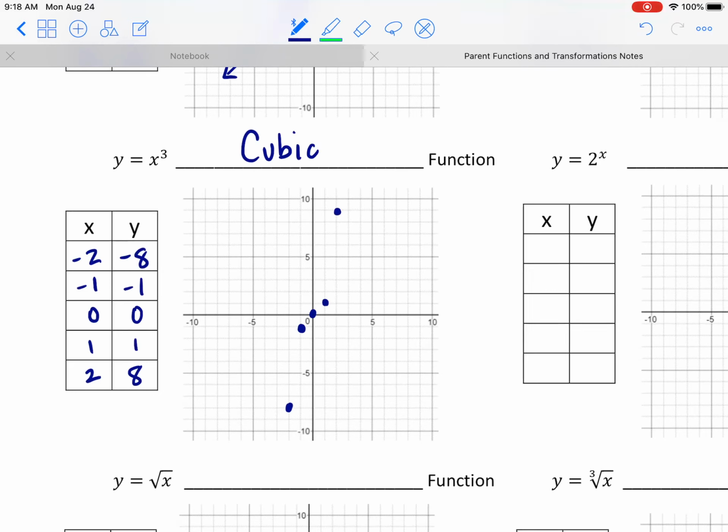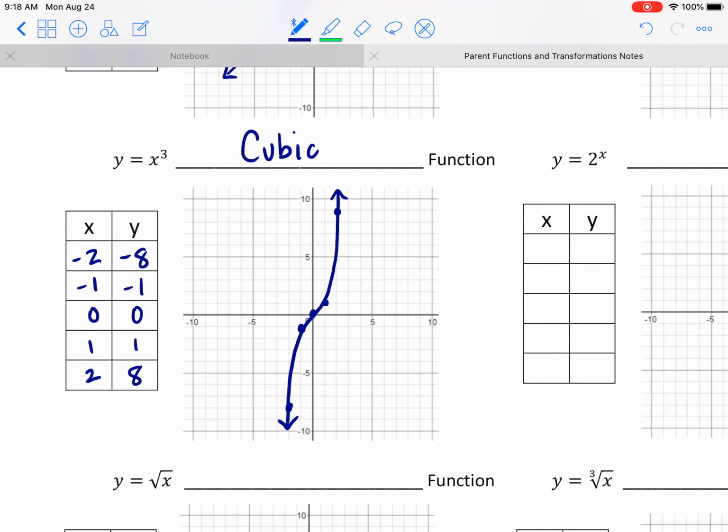And again, this could continue, but it's going to continue to increase really fast. So we want to make sure we put arrows here because this keeps going. But that sort of, I don't know how to describe this shape, but it's sort of S-ish shaped graph is what a cubic function is going to look like. Okay, every time you graph a cubic function, it's going to sort of look like that,